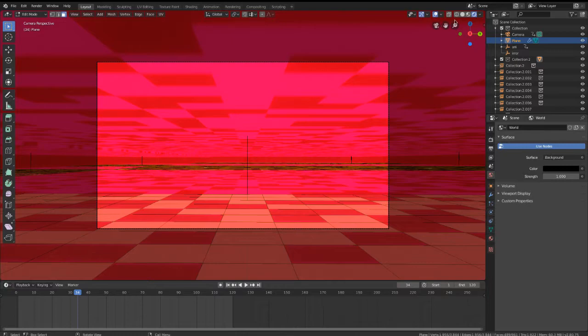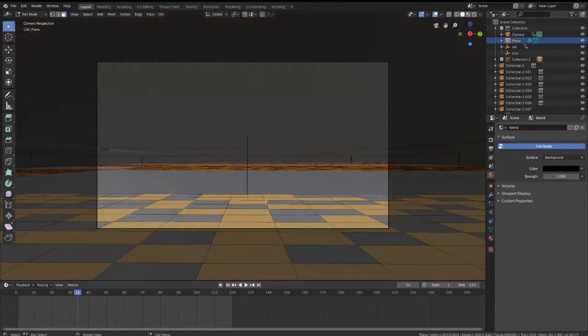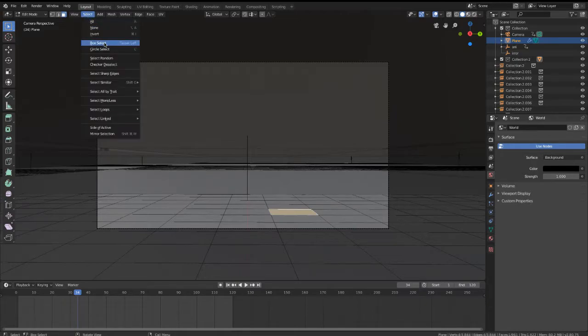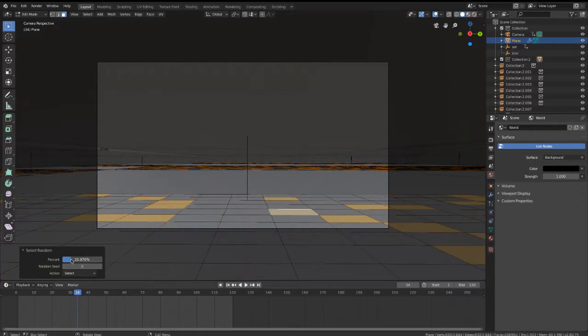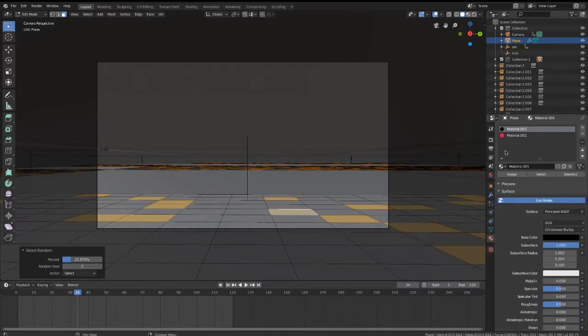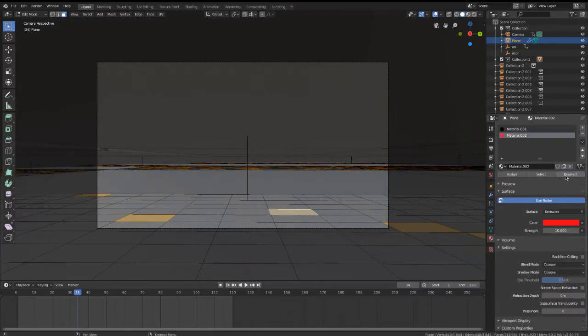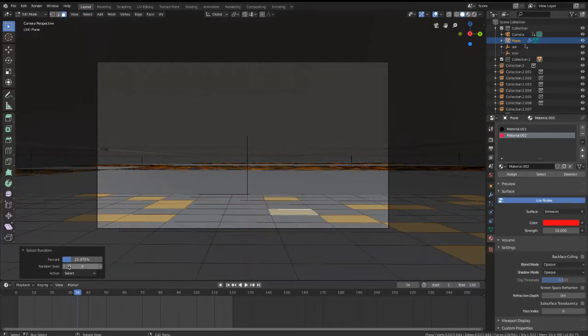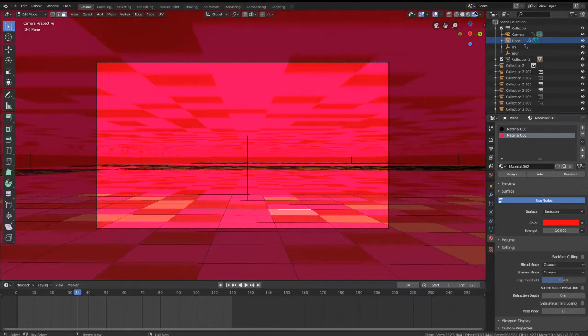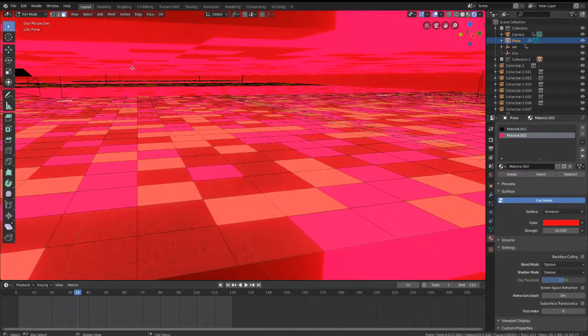You know what? Let me just go to solid mode and quickly touch it. It's very bright. That's the thing. So just lower it down. You don't need that much. And then go to the material. Select, deselect it. Then go ahead and select random. Here. Okay. Assign. Now if you go to render view, we have